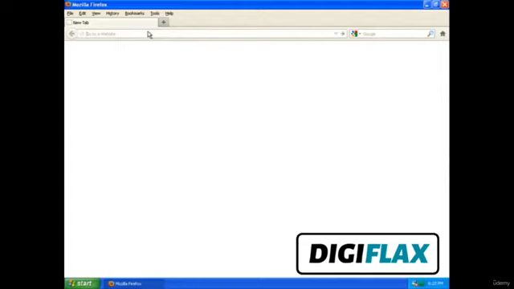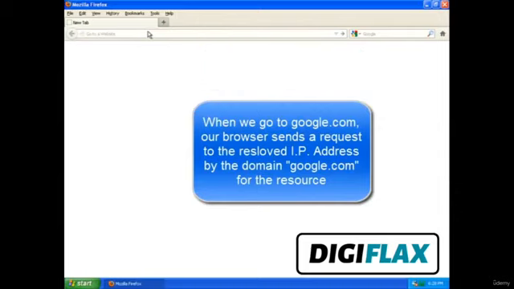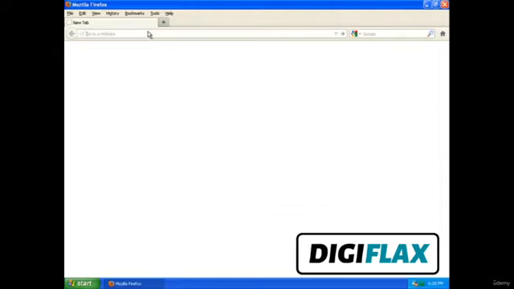When you write google.com and hit go, your browser goes to a DNS service and it resolves the IP address for google.com, and then it is connected to that particular server, and that server serves you the Google home page.